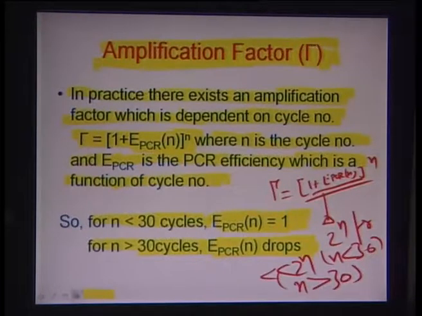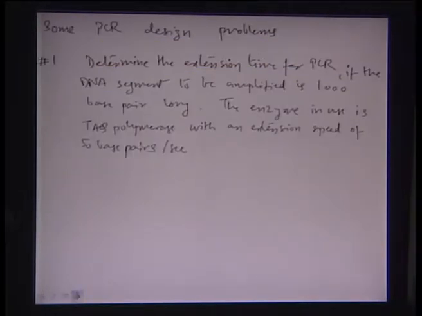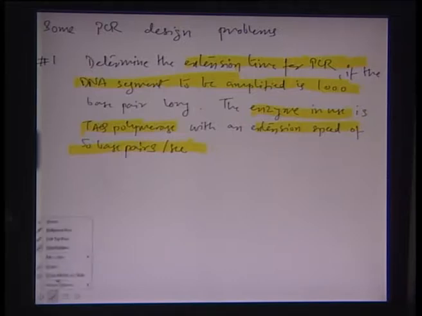Let's just physically look at some examples. Let's say we want to determine the extension time for a PCR process, and what is essentially given is that the DNA segment to be amplified is about 1000 base pairs long, and the enzyme in use is a Taq polymerase, which has an extension speed of about 50 base pairs per second. So the time that it would take for the extension is around 20 seconds. Okay, so time for extension